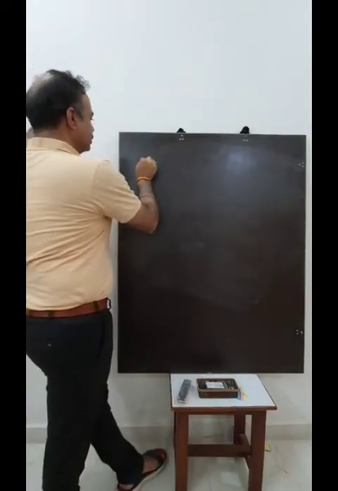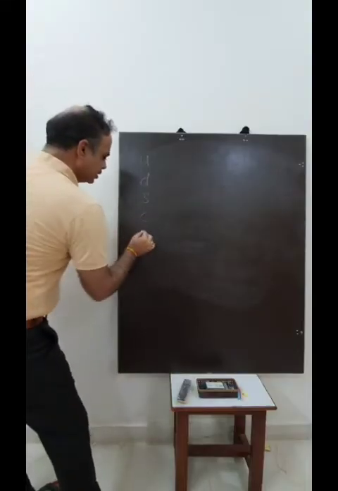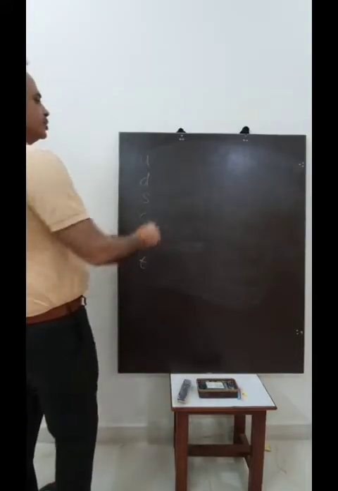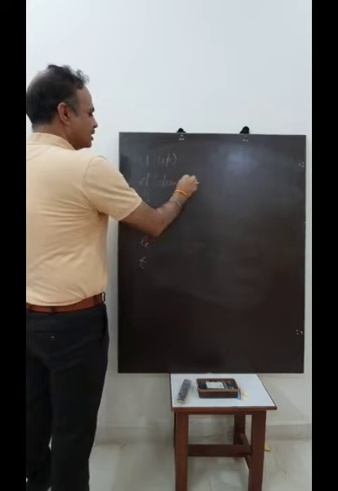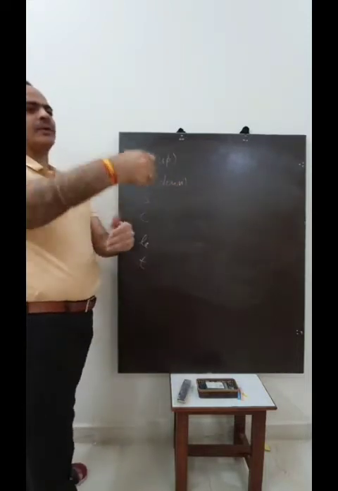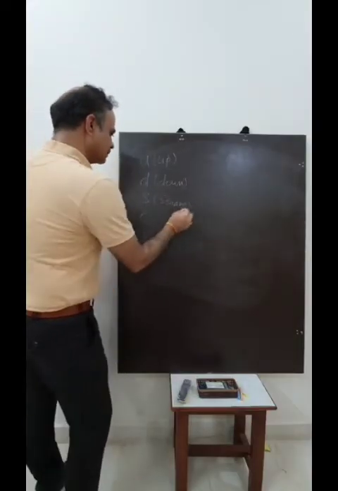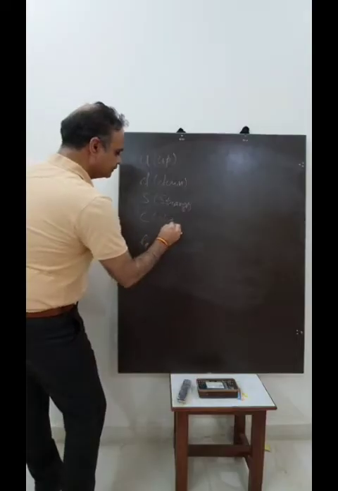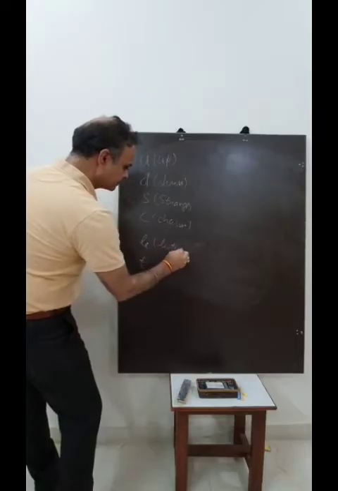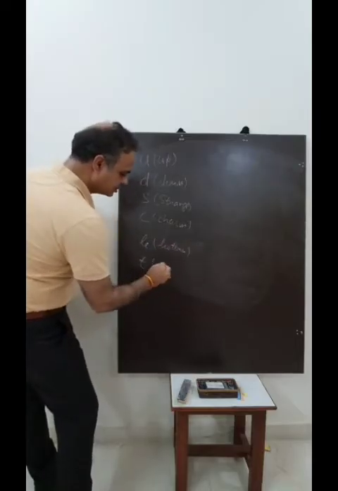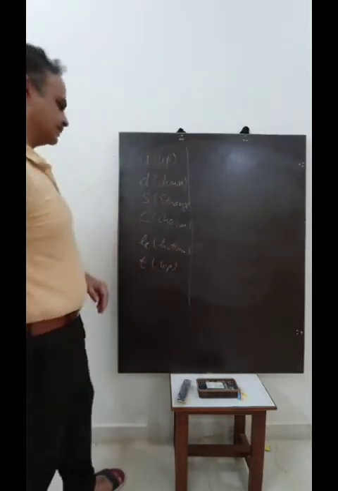The quarks are U, D, S, and the others are C, B, T. U is the up quark, D is the down quark. They are simply names for the different quarks. S is strange, C is charm, B is bottom, and T is top. So these are the names of the quarks.